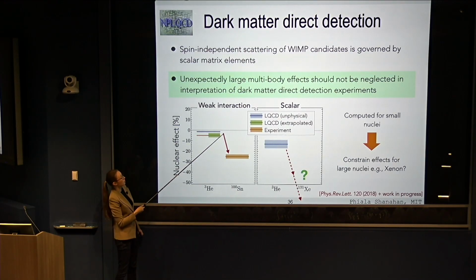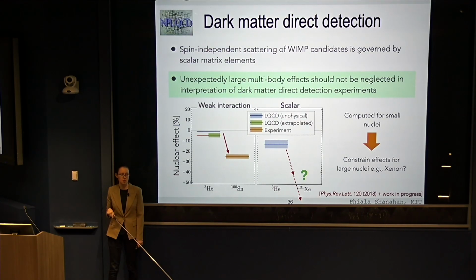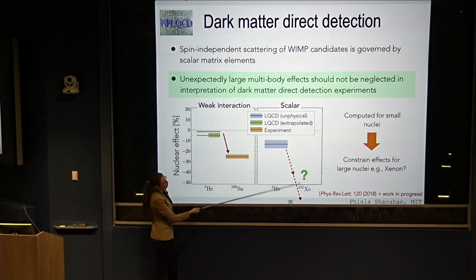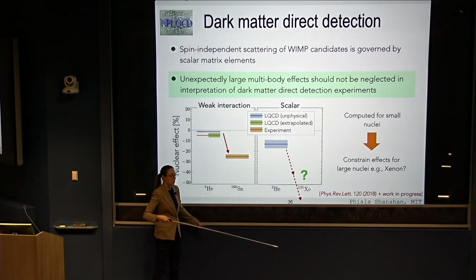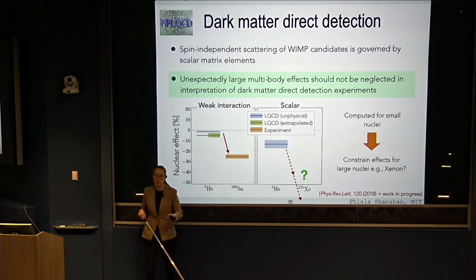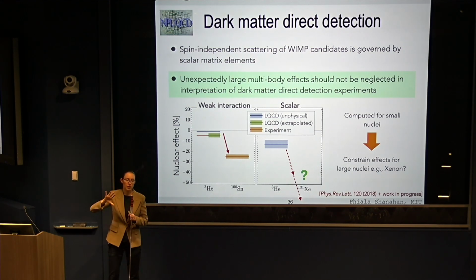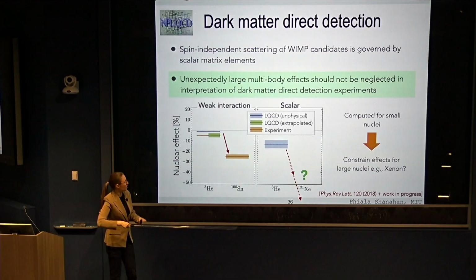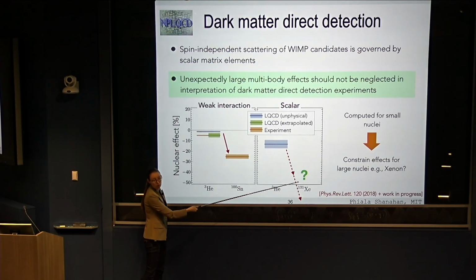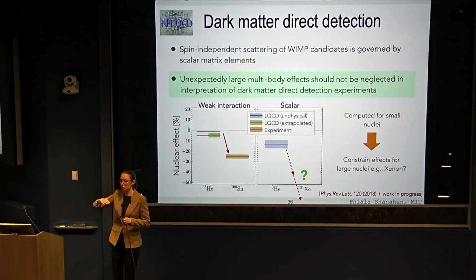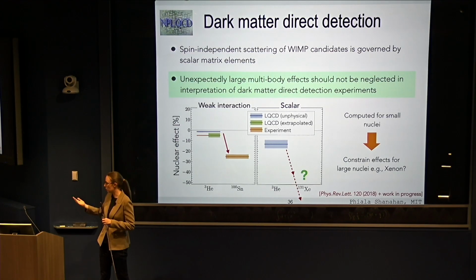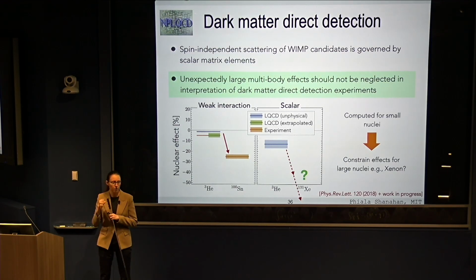That's two orders of magnitude bigger than in the weak interaction matrix elements that we were previously using to guide our intuition on how big the nuclear physics effect should be. What does this mean for xenon? Well, I don't know, right? You would have to do calculations of not necessarily xenon itself, but at least several larger nuclei to be able to match to effective field theories and many body methods to make predictions for what the nuclear physics effects in xenon should be, and say how much that changes these limits set on dark matter properties based on not seeing dark matter hit xenon. Essentially, this is saying